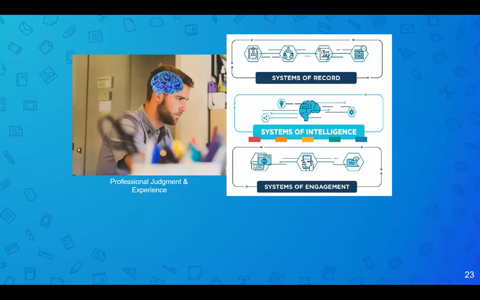And we call this augmented intelligence, not to be confused with artificial, but augmented, meaning the professional judgment and experience still lies with the professional. But the system of intelligence, which gives these levels of prediction, is just one more resource that can inform the professional judgment and experience of the academic advisor, the mentor. And as long as we put it in that place and we don't let the data drive, but we allow it to inform us, mixed in with the other systems of record, their transcripts, their grades, attendance, systems of engagement, communication we've received from them, as long as we put them into place, it's just another tool and we're not governed by it, then we can do really good things.